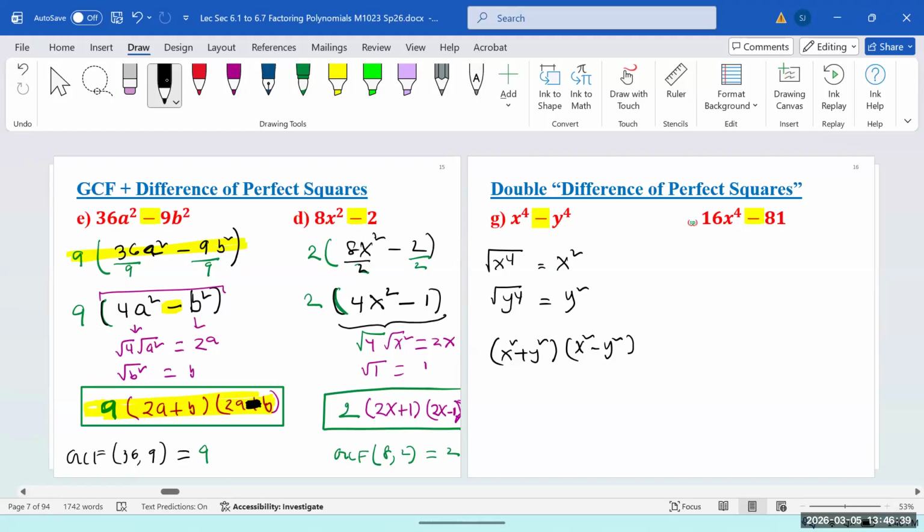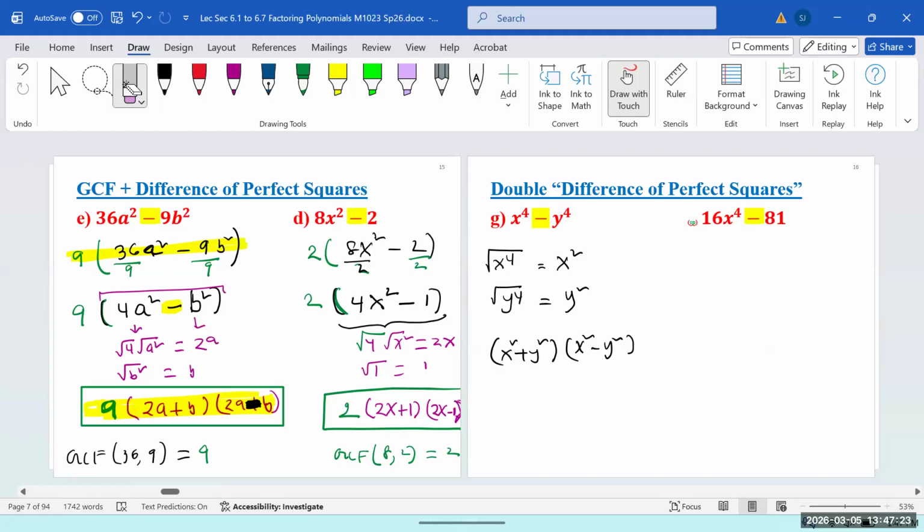But can we set the radical to 4? What do you mean by radical to 4? Like for 16x to the 4th, we would take the radical and put a 4. But there is no rule for a difference of 4th powers. We have the difference of perfect squares. Square means power of 2. So all these rules apply only when you have power of 2, not power of 4. That's why this 4th power, we need to break down into 2nd powers.